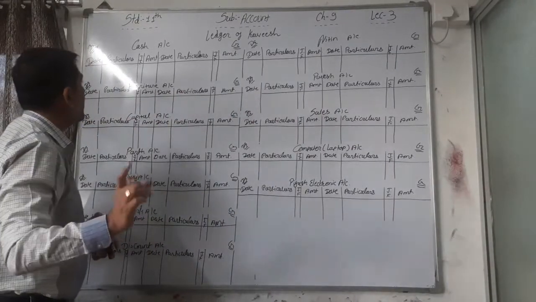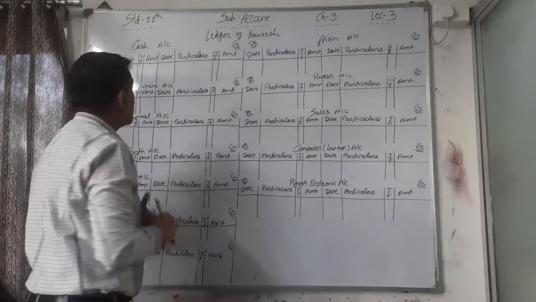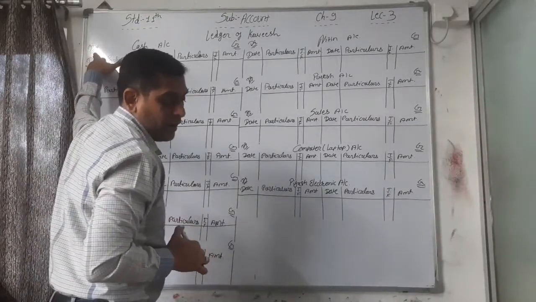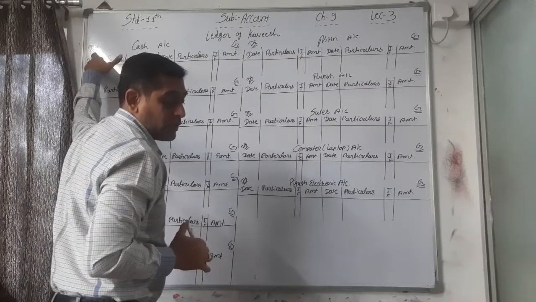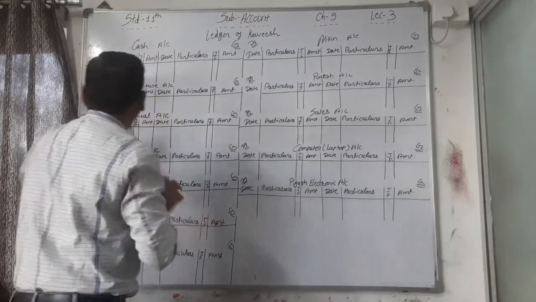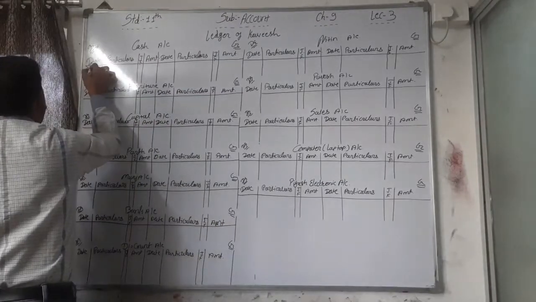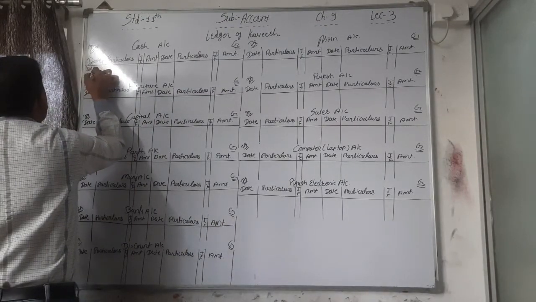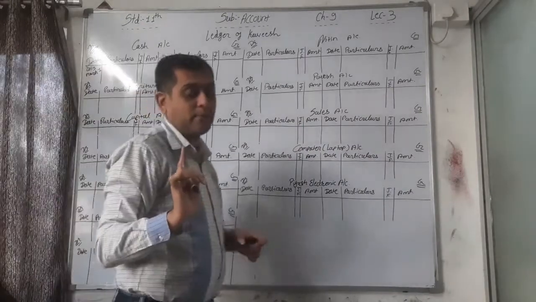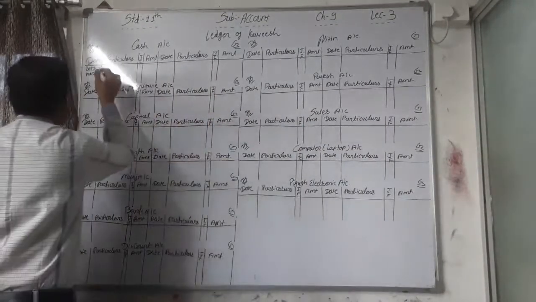Okay, so first entry, cash account is debited. So cash account debit side. What is the entry? See, the opposite side name is capital, and the date is 1st March 2019. So here 2019 first, then March in the date column first, and the opposite side name, that is to capital account,